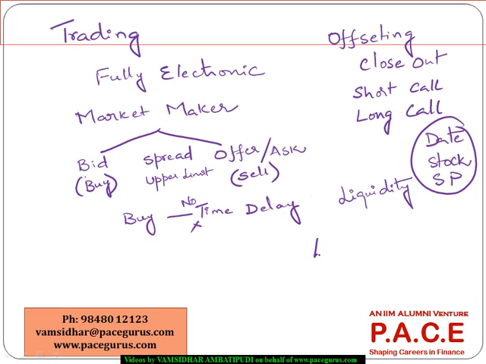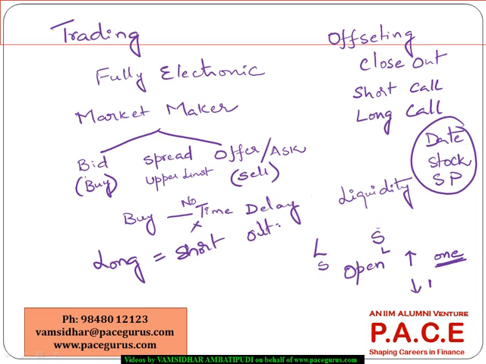So if neither the long nor the short has offset their position or closed their existing position, we say that the open interest is up by 1. But if the long has closed out his position but not the short, or the short has closed out its position but not the long, then the open interest can still be at 1. But if the long has offset its position and the short also has offset its position, then we say open interest is down by 1. Open interest is the number of long contracts, which is equal to the number of short contracts, which are outstanding. That is the way we define open interest, and it will be up by 1 when both long as well as short positions are open and both of them are not yet closed,